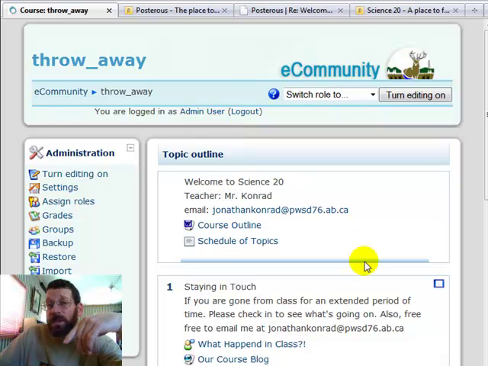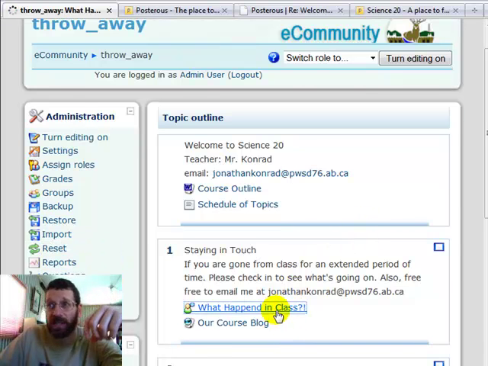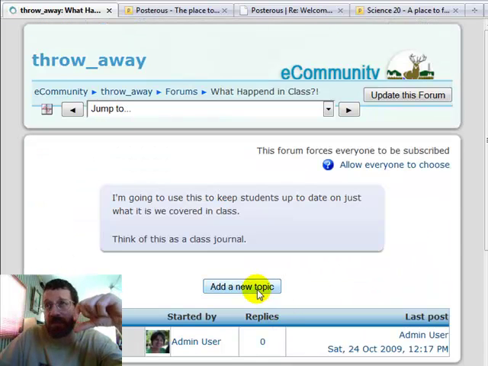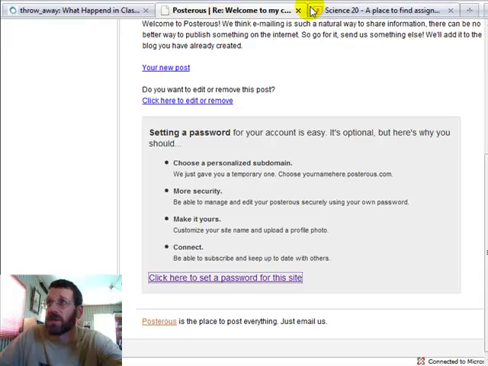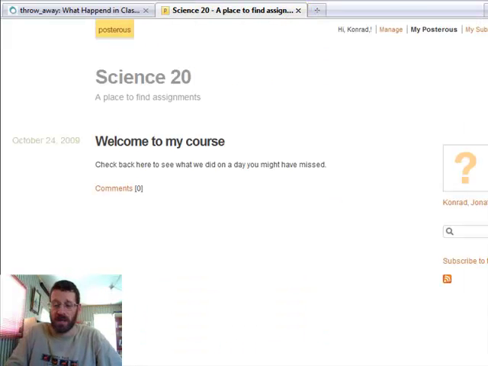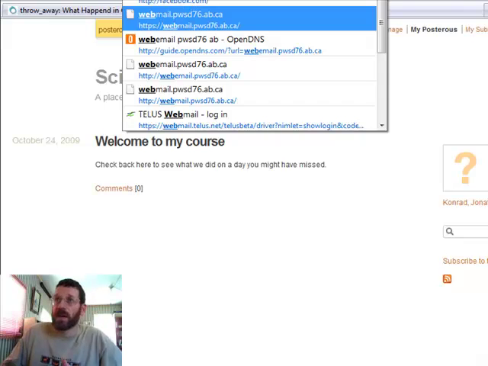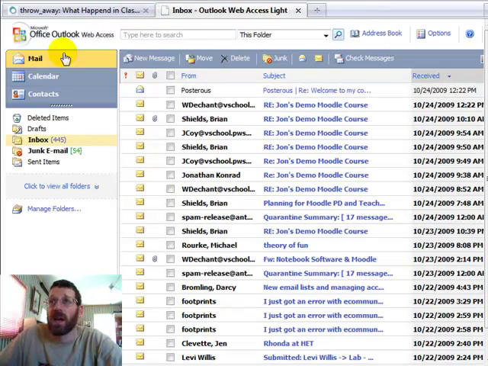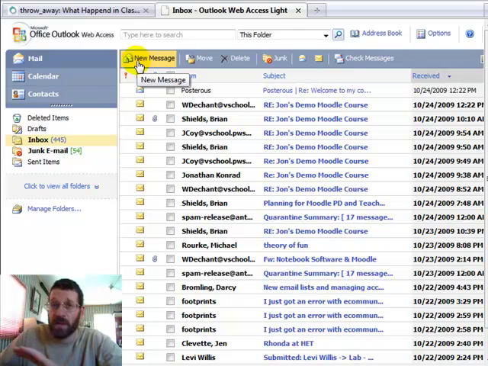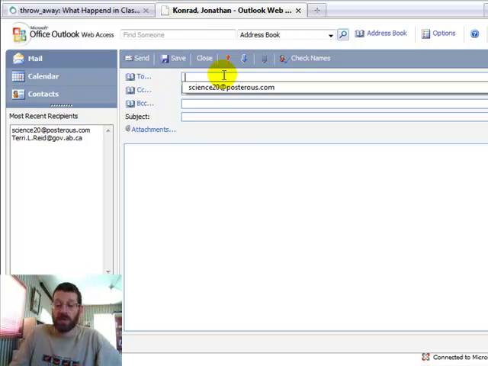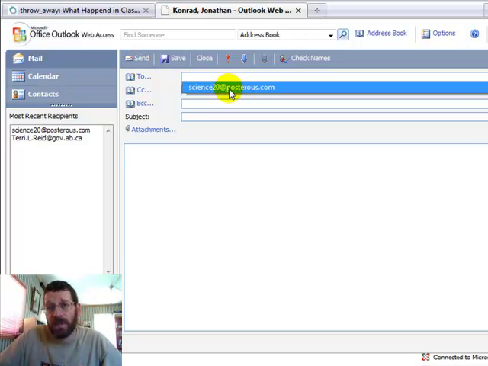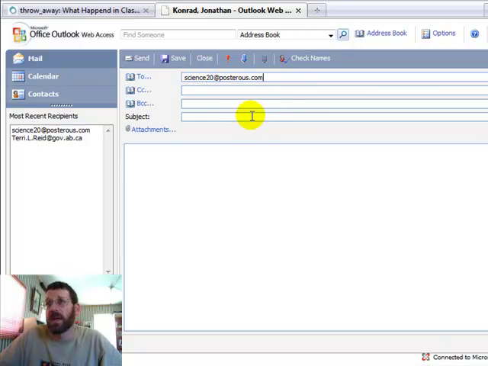But now this is where it's kind of cool. All that setup is kind of awkward, but once it's there, what's neat is I don't have to come to the course, like we did with this forum where I had to come here, click add topic, and put stuff in here. Instead, I can very simply go to my email. Where's my email? Alright, I have to go back here. I can go to my email, and I'm not on the course page, but I'm thinking, oh, what do we do today in class? I simply make a new message, and I post it to Science20 at posterous.com,